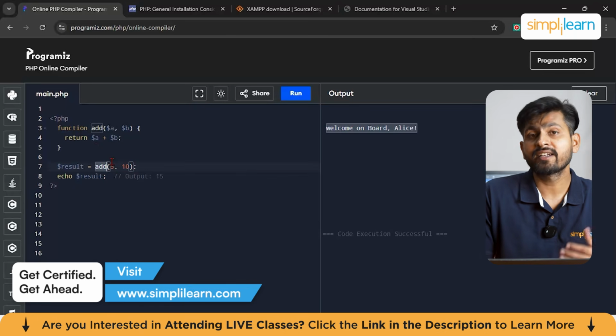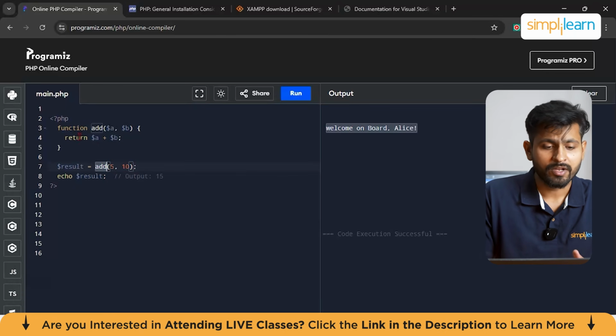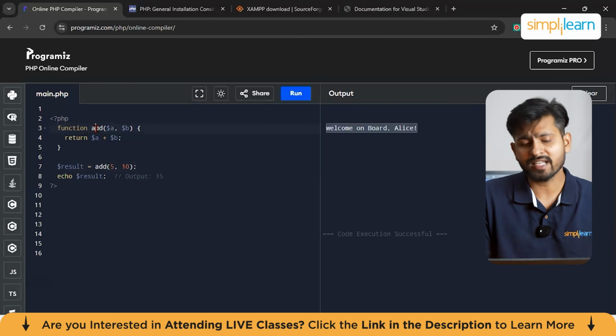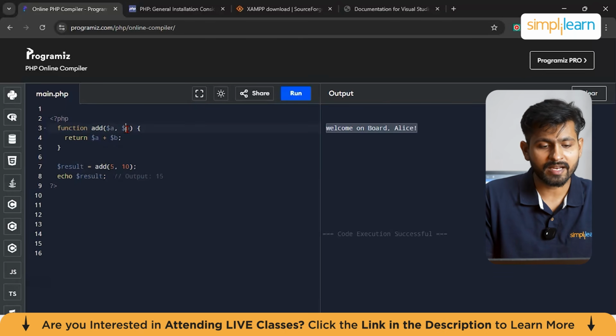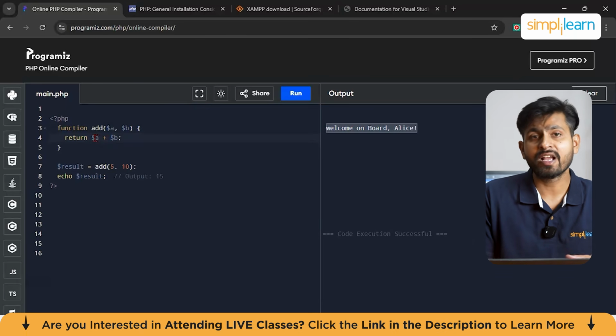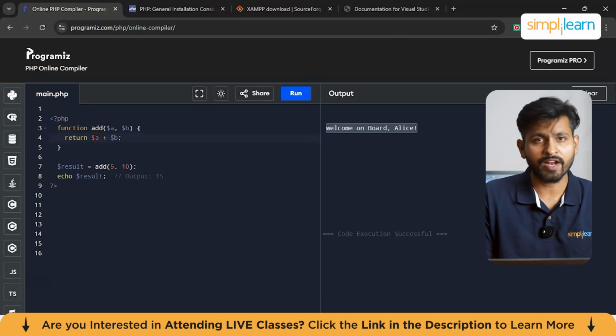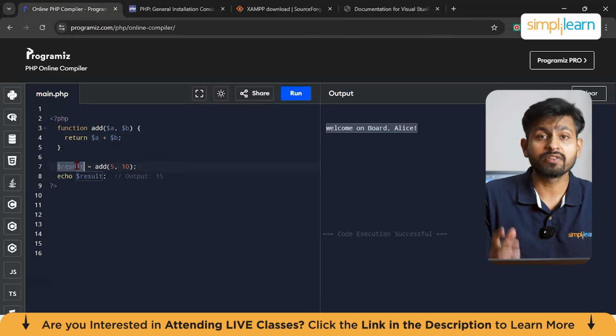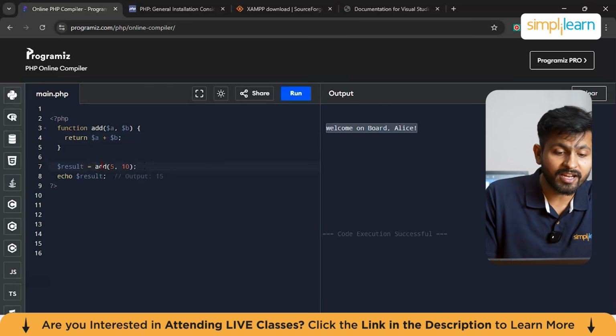So if I want to write the same function, first of all, I'll start with the keyword function, and let's say we give our function name as add. Here I've passed two values, a and b, and I'm returning $a plus $b. So this is how we are actually using the variables, as we have discussed earlier. And you can see after that we have declared one more variable called result, which is storing the value returned